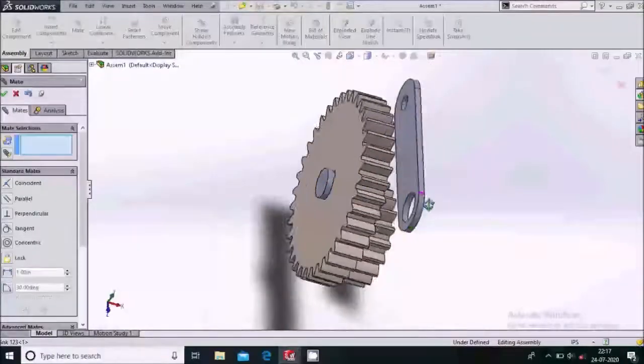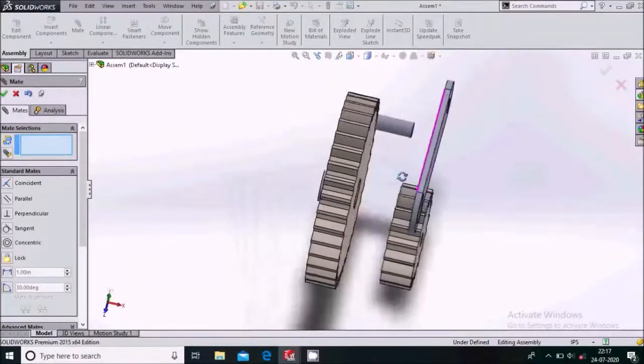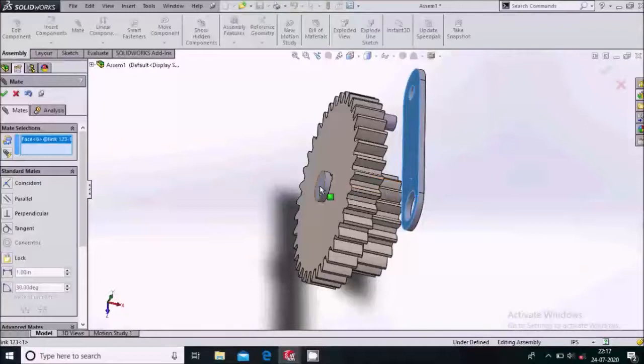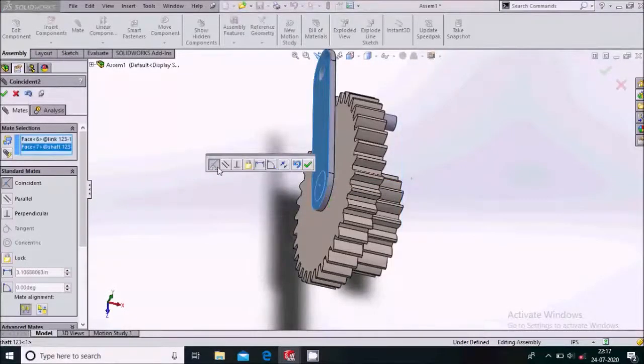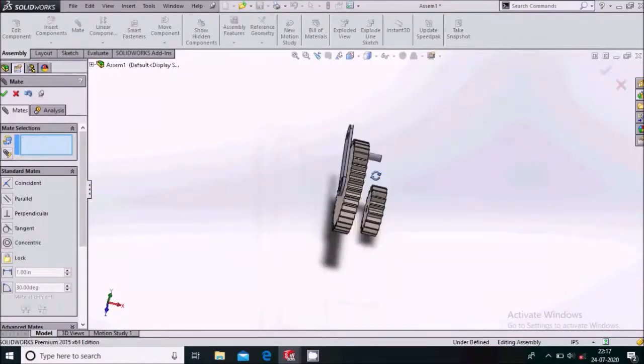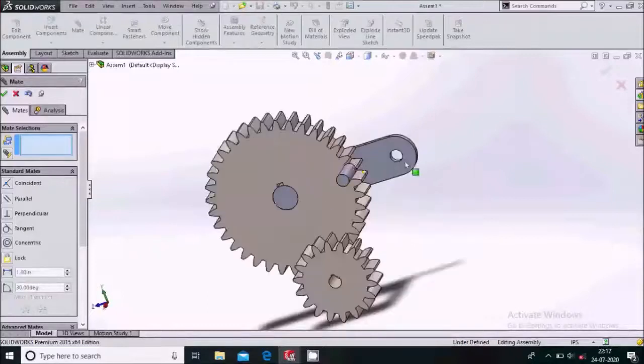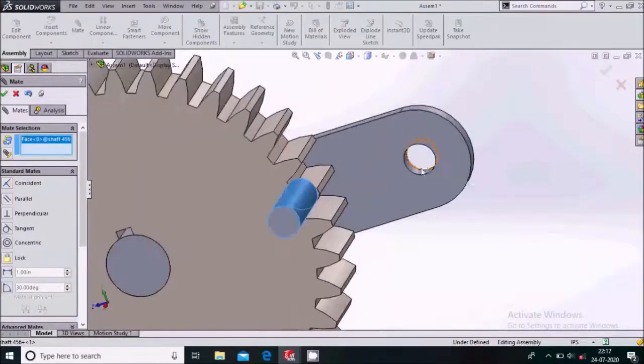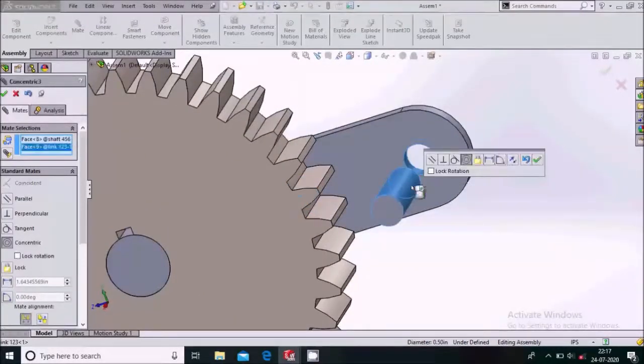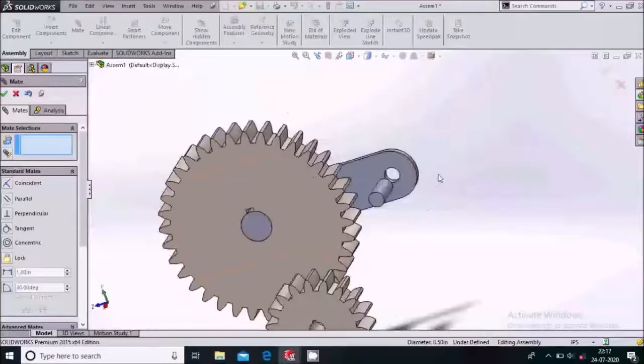OK. Now select this back face and this face, making the coincident mate. OK. Now after that we'll select this face, and do the concentric mate again. OK.